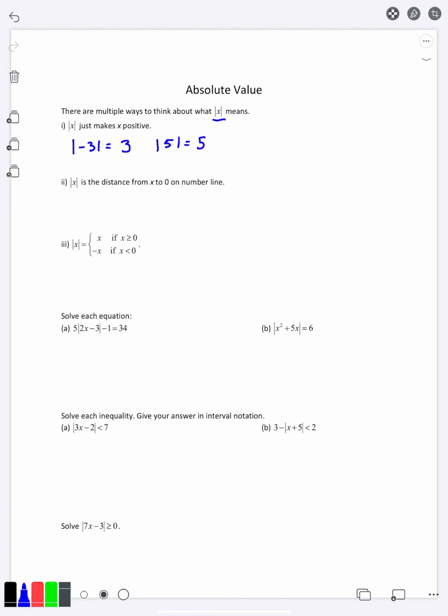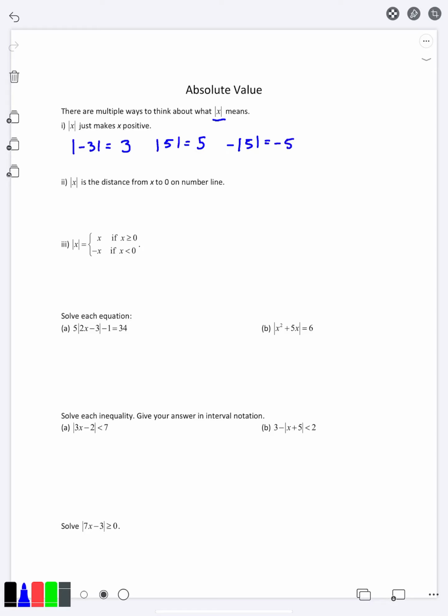And that's the initial way a lot of people learn about absolute value, is just take whatever it is and make it positive. There are some problems with thinking about it this way. For example, what happens if I put negative absolute value of 5? You might say, well, if there's an absolute value, everything has to be positive no matter what. But it turns out that the final answer here would be -5, because the absolute value would apply first, making the number positive, and the negative outside of it would apply second by order of operations,